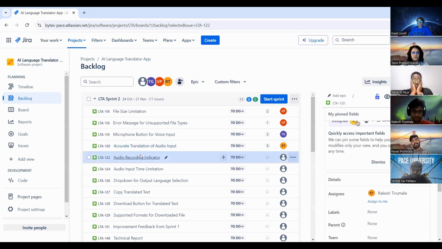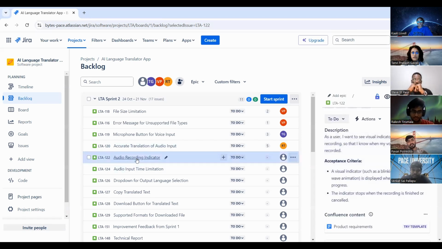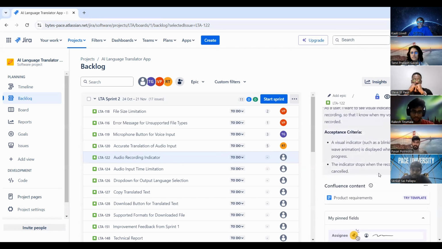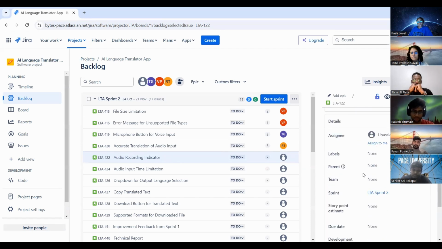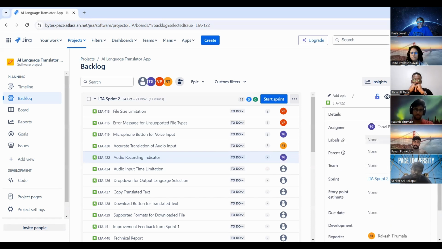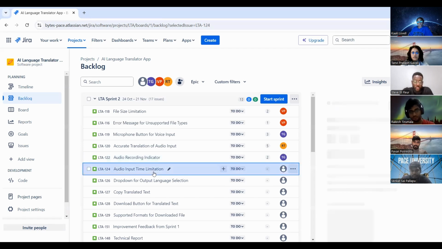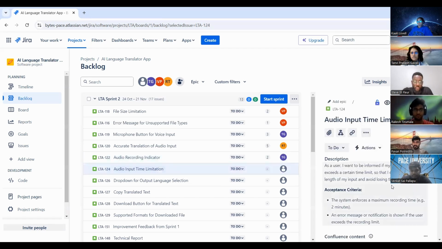Okay. Audio recording indicator. Since I'm doing the microphone, I think I can do the audio recording indicator. I think it's 2 points. Audio input time limitation.